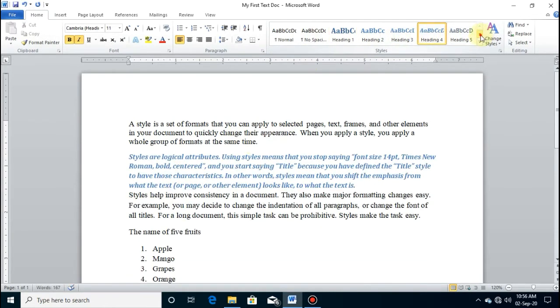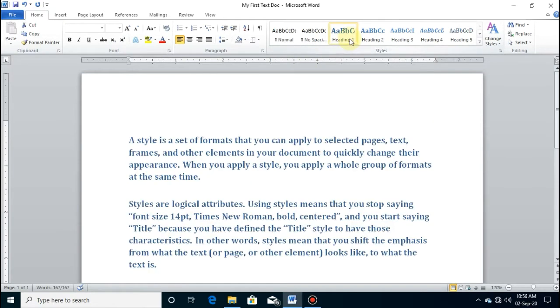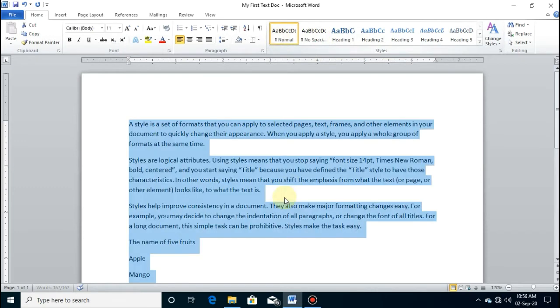So from here you can select some more styles, and if you want to change the styles of whole document, then use Ctrl plus A key from keyboard and select the whole document and apply the style which you want. Okay,